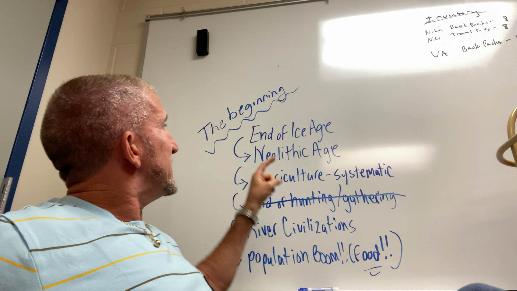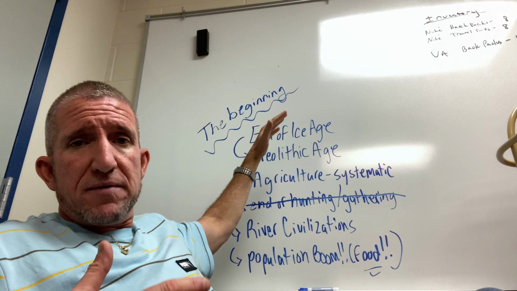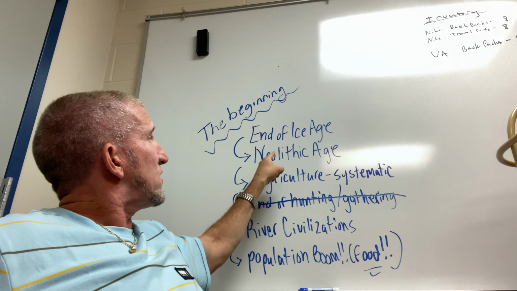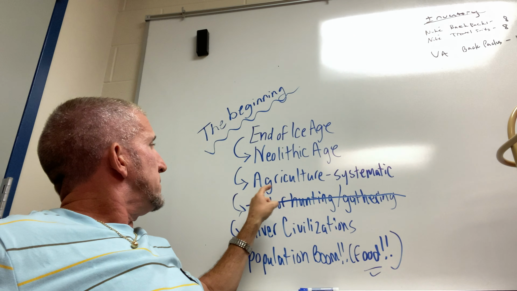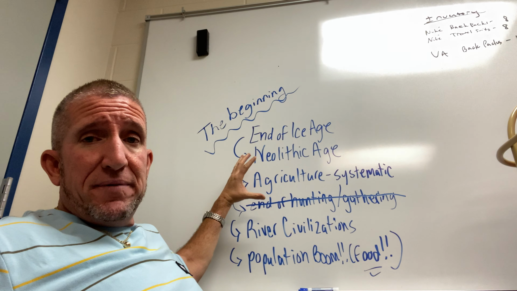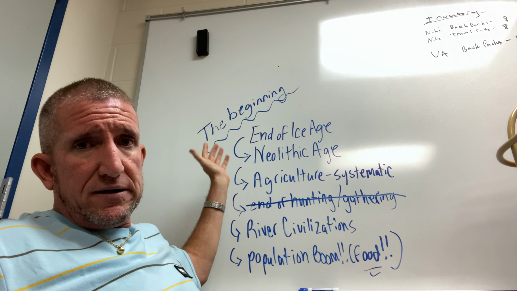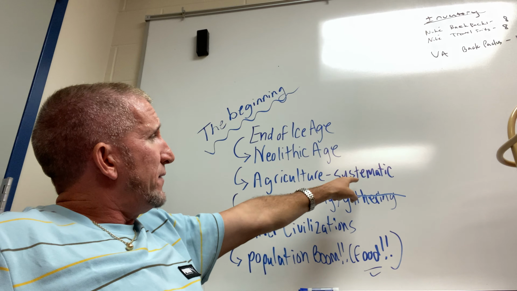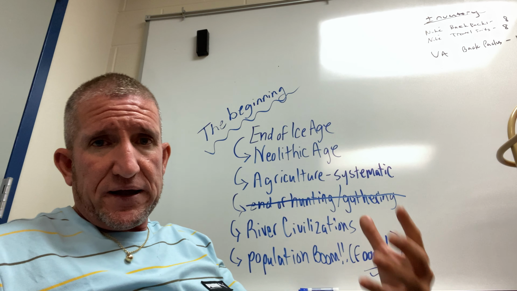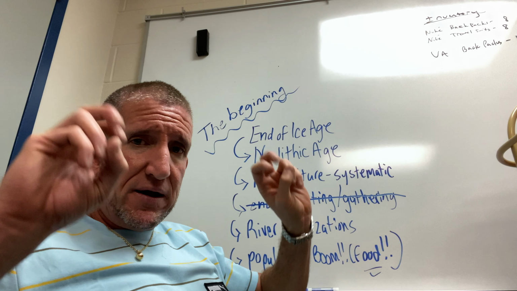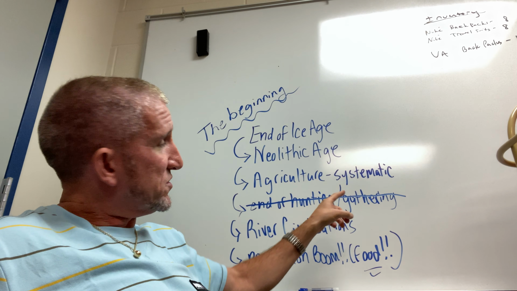So up on the board, you kind of see the flow chart of how this works. The ending of the Ice Age, the ice melts, revealing a whole new land called the New Rock, Neolithic meaning new rock, which allows for land to be harvested, where you can harvest crops on the land. So we call that agriculture, of course. And we're going to add that word systematic. It becomes something that you can do over and over again to feed your family and make money on, or barter. You see the end of hunting and gathering, because they're more stable.